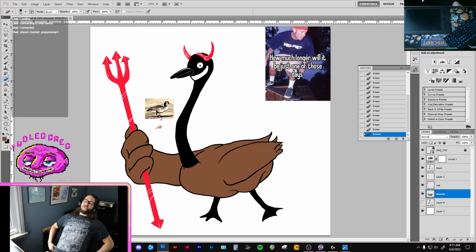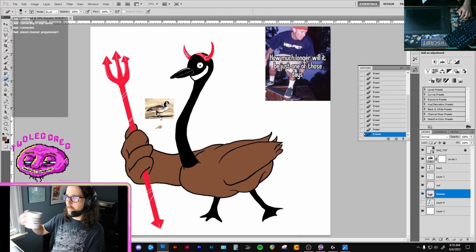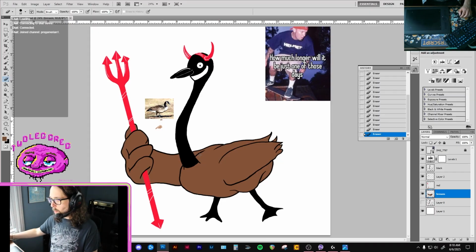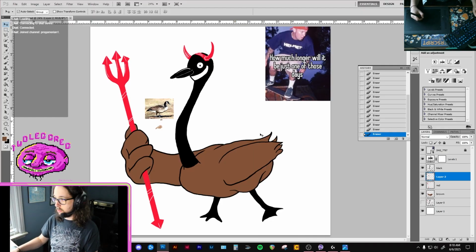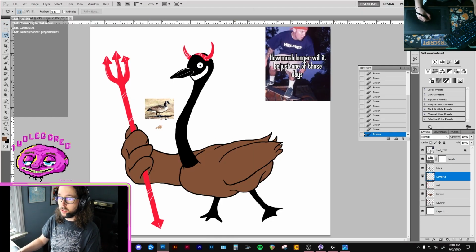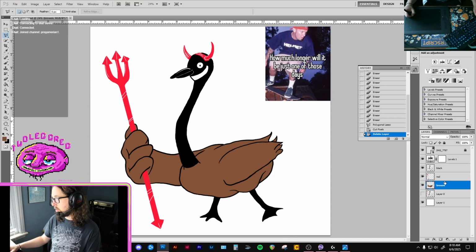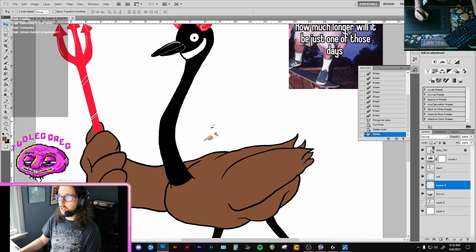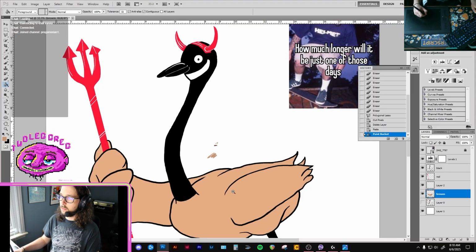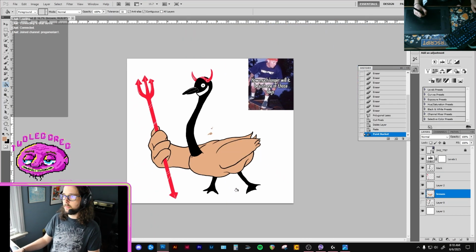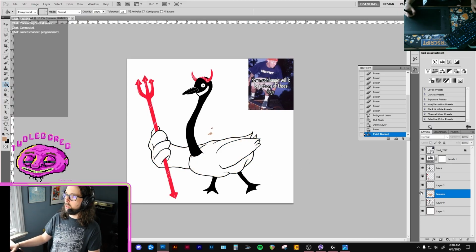Now that I'm seeing this full, I don't know how I feel about this brown. Maybe it's because this goose is next to it. Let's get rid of that. Oops, actually kind of need those. So, what's going on? Oh, just did not have the selection tool. I thought I did. Now let's delete this. Go to brown. So let's see what it looks like with this instead. I think I like it white though.